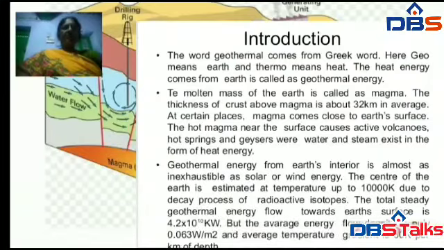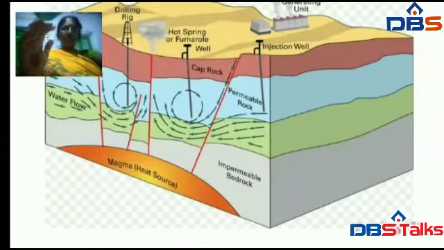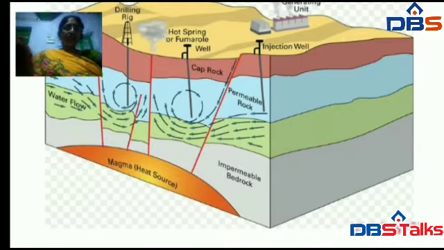So basically this geothermal energy will be close to the surface. Whenever the magma comes close to the surface, it heats the groundwater trapped in porous rocks, and the permeable, porous rocks must be there. Then the heat will be produced here. These are the hydrothermal resources, that means water means hydro and heat is thermal, and they are also called large areas. These hydrothermal resources are also called geothermal